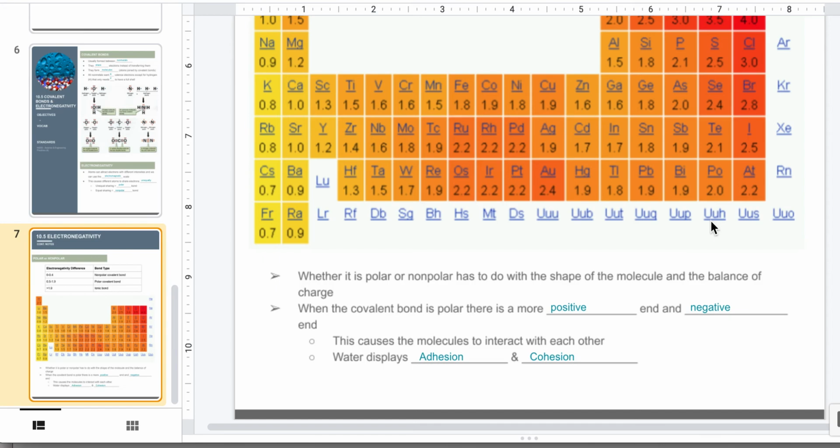And so what happens is that the water molecules can interact with each other, where the positive and negative ends line up together and stick to each other. So it's not a true bond. It's not a very, very strong bond, but it does allow water to do some very interesting things. Two of the things that water can do is that it has the property of adhesion and cohesion. Okay, so adhesion,